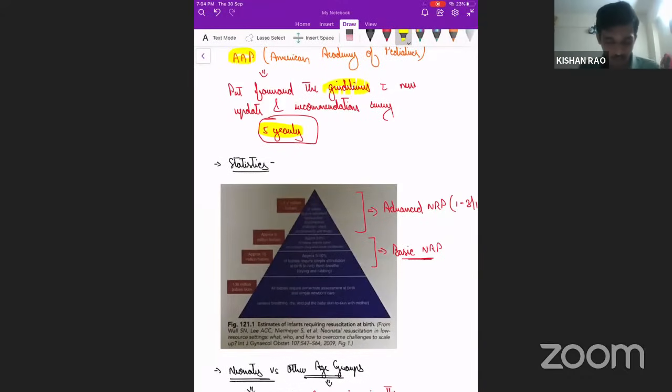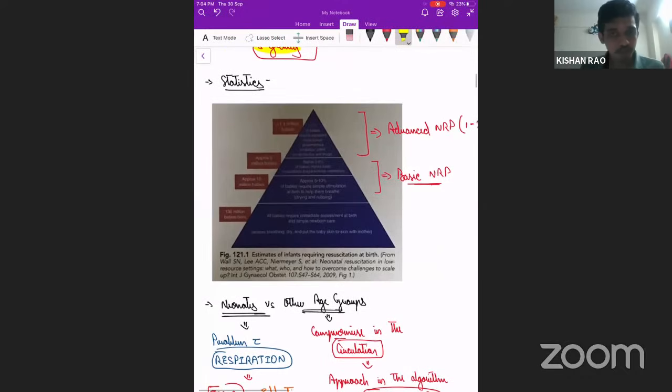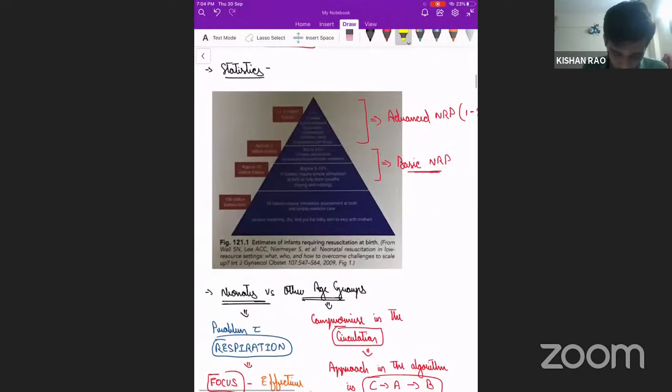Now let us look into some of the statistics. What is the significance of this? Well, most of the babies, as soon as they come out of the mother's womb, make a successful transition. They do breathe in air and make a successful transition. Then why does resuscitation come into the picture? Of the 100 babies born,